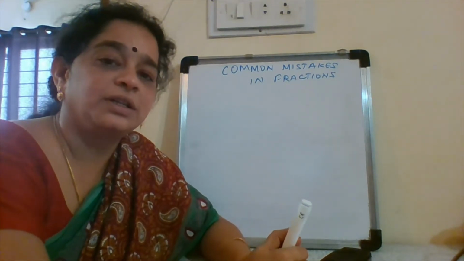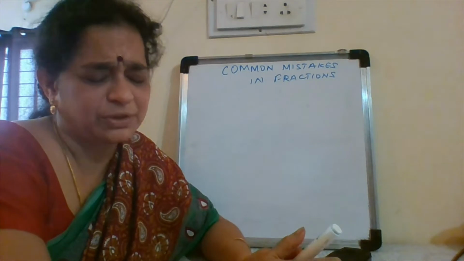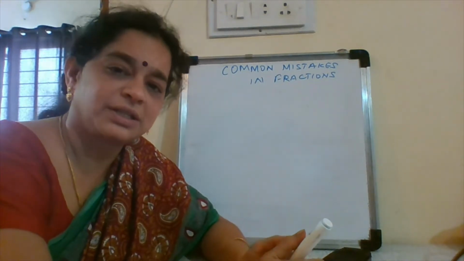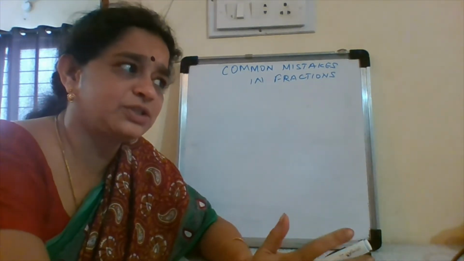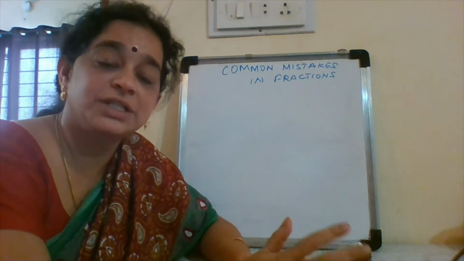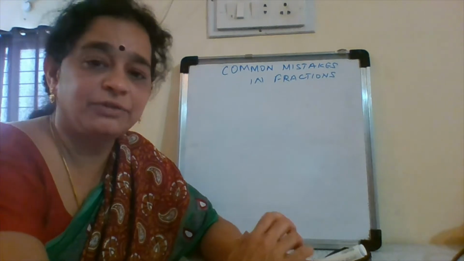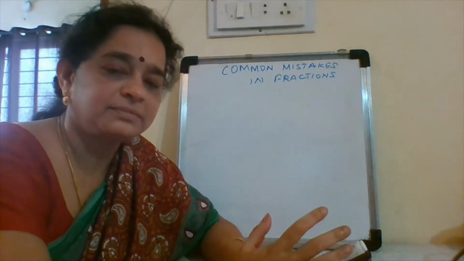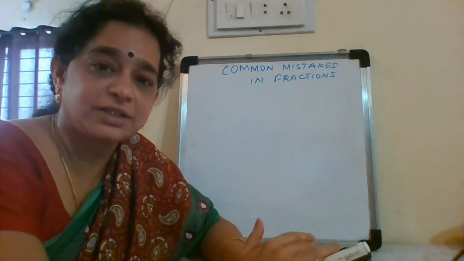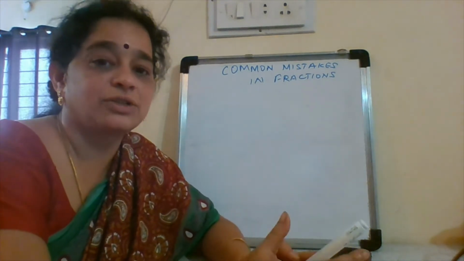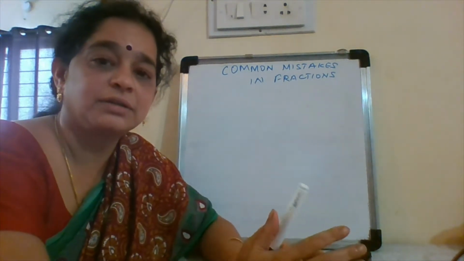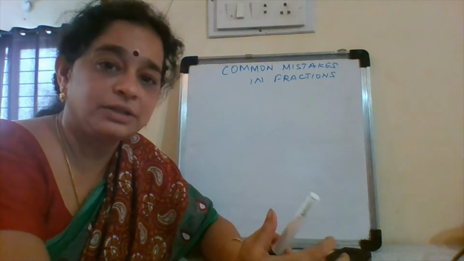Though the concept of rational numbers is introduced in the 6th grade or so, I have seen students make these very common mistakes even when they come to 8th or 9th grade. So I thought I'd review the concepts so that students avoid making such mistakes, get a strong foundation, and conceptually know what they are doing.